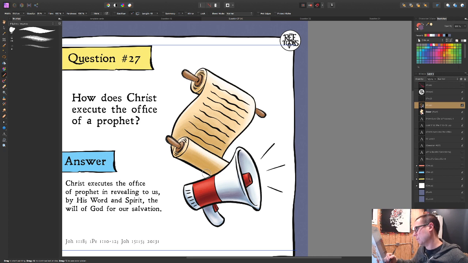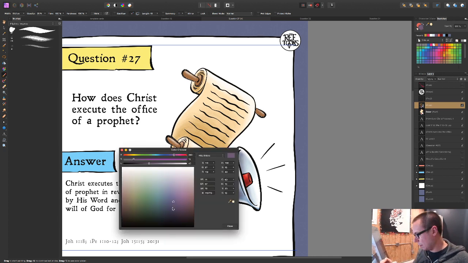That's too purpley. This will be a little more gray and a little darker.